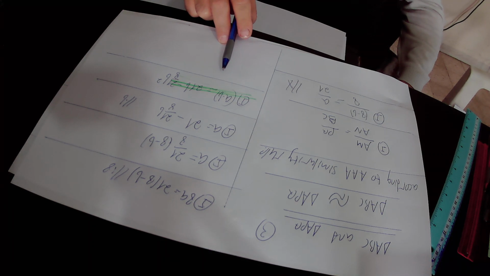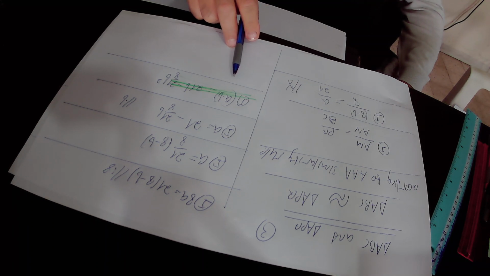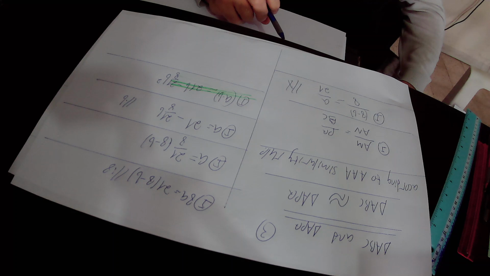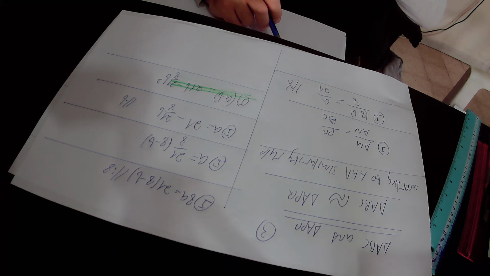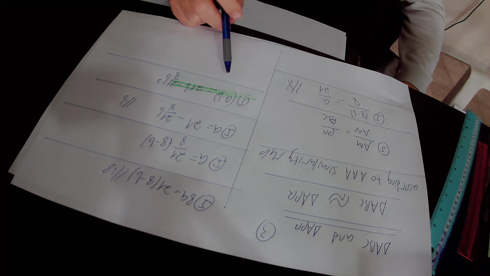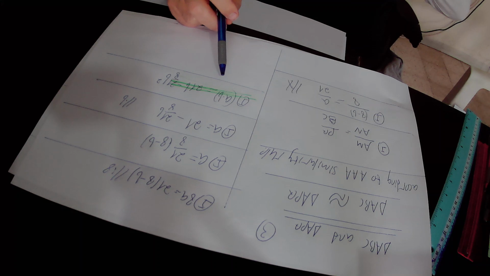It means that the area A times B will be at its maximum value. In order to find out for which B the area, or A times B, will be at its maximum value,